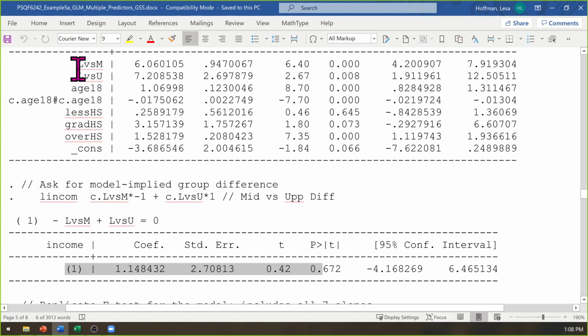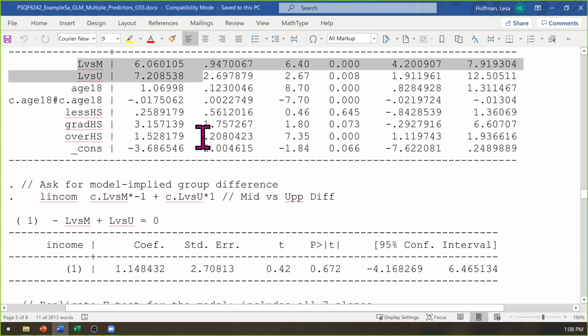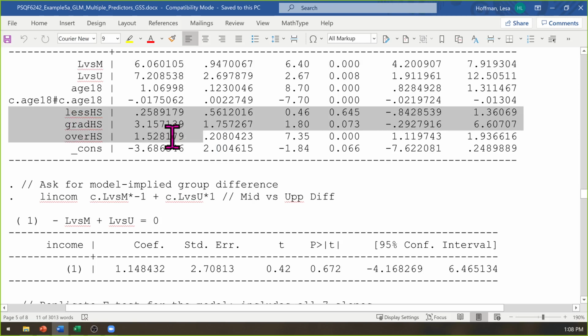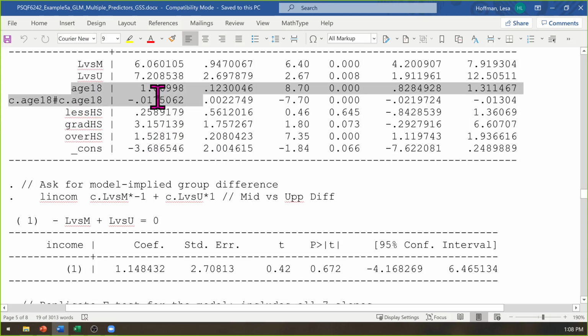Do you think that the self-reported group, whether you refer to yourself as lower class, middle class, or upper class, has something to do with your education level? Probably. It may have something to do with your age. So to the extent that education, age, and class membership are correlated, each of these effects is going to be different when they're pooled together in the same model, in which they become unique, than when they're in separate models in which they're just bivariate.